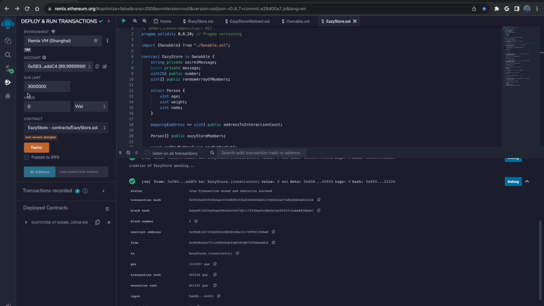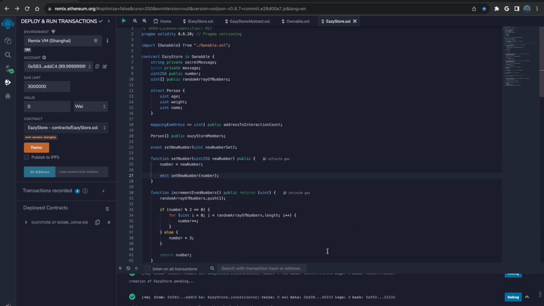Now, a key thing to understand is, like I said, once you deploy something on chain, it is permanent. This is why it's a big security risk if you have deployed a contract and you have bugs in it. These are things that are permanent and they are immutable, right? You cannot change the state of that contract.